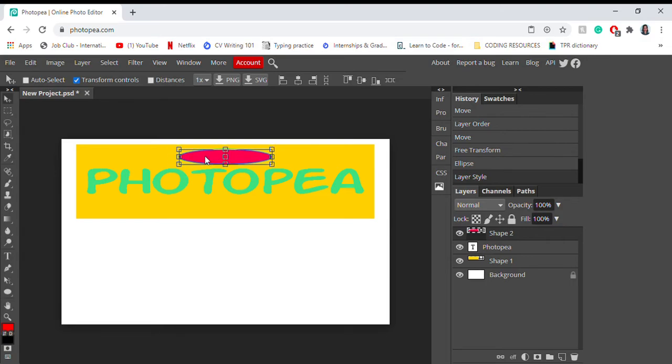And maybe center it. Okay, it doesn't want to center right now. I can't really get it to center. Okay, we're just gonna maybe put it there. Or let's be unbasic. Let's put it there. You can also put it under, maybe on top, middle. Okay, we're gonna put it on top of P in Photopea, just for fun. And then when you're happy with the way everything looks and you want to move everything all at once, maybe